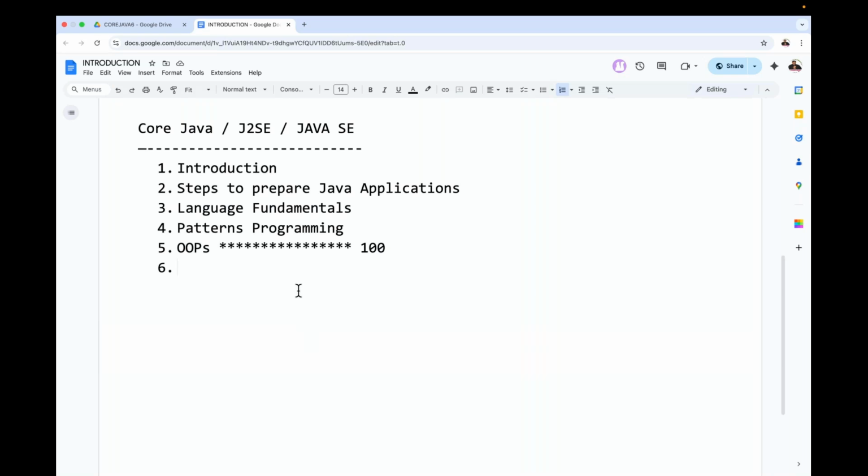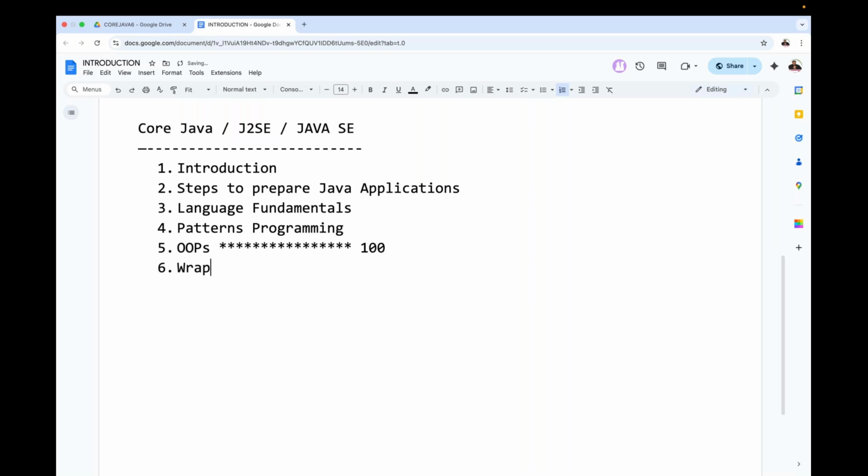Inheritance, types of inheritance and associations: one to one, one to many, many to one, many to many, aggregation. Along with aggregation, composition, so many concepts are available, and all these concepts we are going to understand inside object orientation. Once we complete object orientation, observe carefully, the next topic we are going to understand is